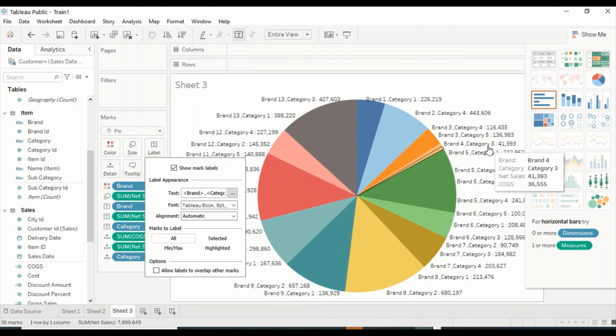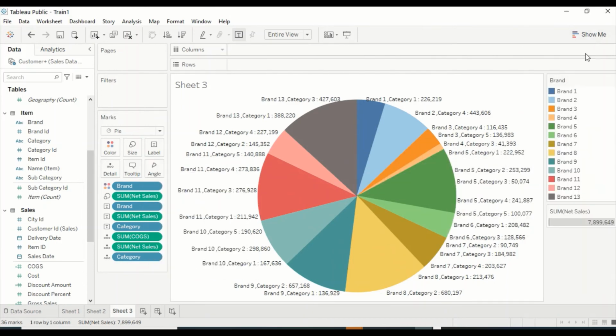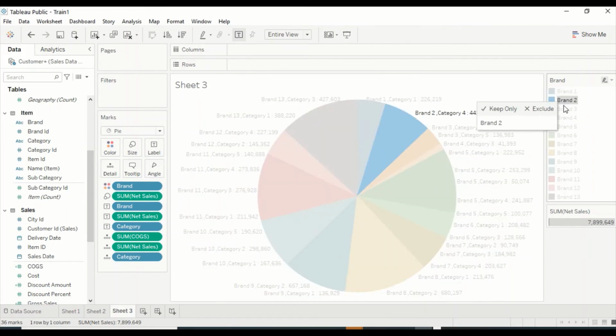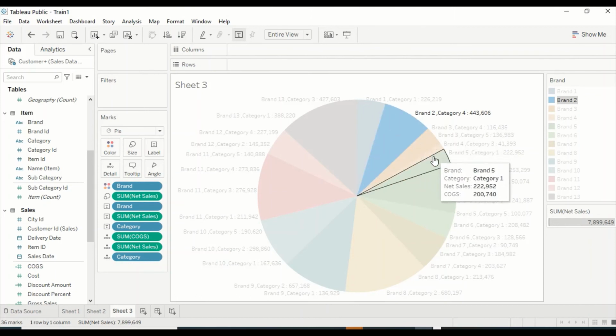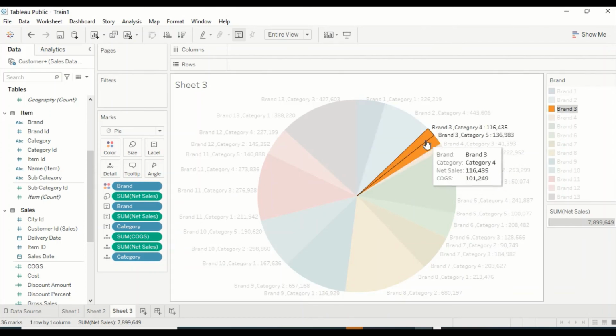Similarly we can design it. Let me show the legends out here. I'm fine with the legend. So I can click and see what all I have: I only have 2 categories out here, and now I have 3 categories out here. Let me click on brand 3. In brand 3 I have only 2. Now let me click on brand 4. I have this only in brand 4.